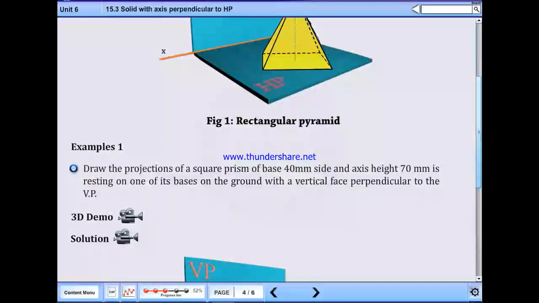This example 1 will be explained with a 3D view and the solution. While seeing this video, note down the step-by-step explanations. If you are unable to, just pause the video and note down on paper, then it will be understood easily.